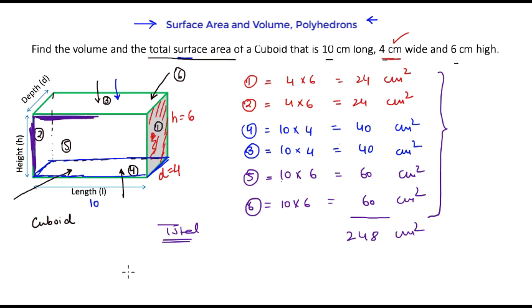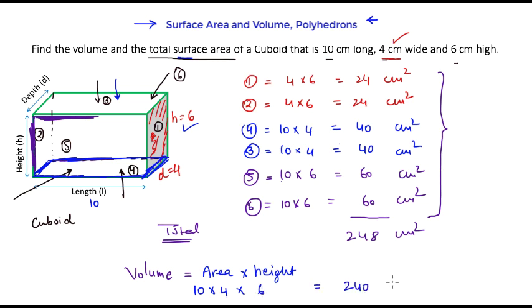Now let's do a quick calculation of the volume. Well, the volume is nothing but the area of whatever you consider as the base of your three-dimensional object. Let's say this is my base. It has two dimensions, right? Length and depth. So the area of this base, I am going to multiply with the height of this object, right? So the area of this base is going to be 10 times the depth, which is 4, and the height is given here, it is 6. So 10 times 4 times 6 is 240,